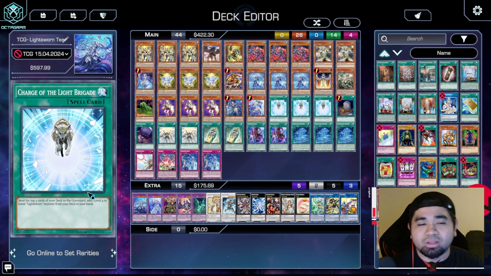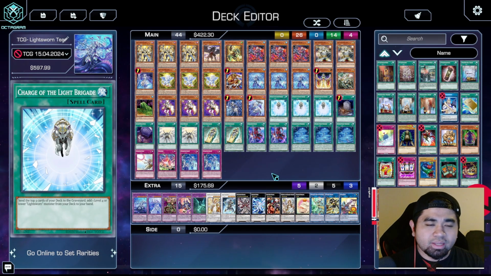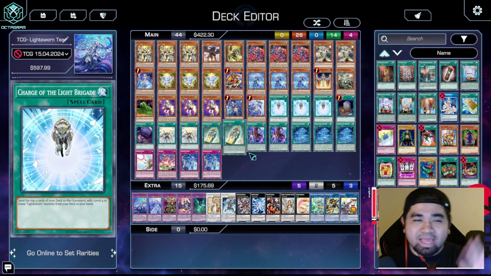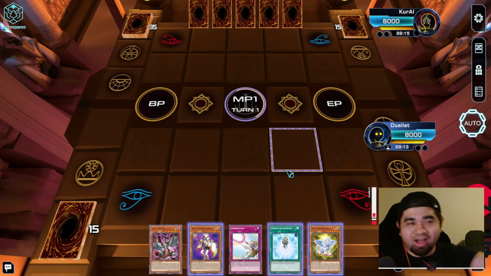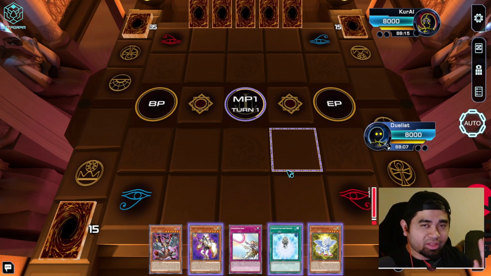You know what? I'm going to do a quick gameplay with the pure version for the Lightsworn. But yeah, I think that's basically it for the tier elements and the Lightsworn. So let's do a short gameplay with the deck. Okay, so here we are, guys, with a quick gameplay with the Bestial and the Lightsworn, or the new Lightsworn